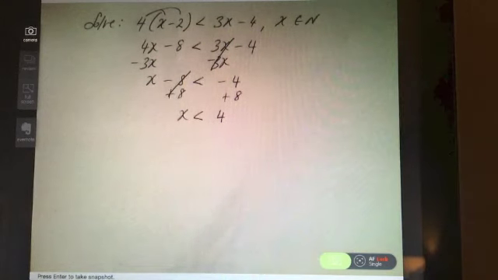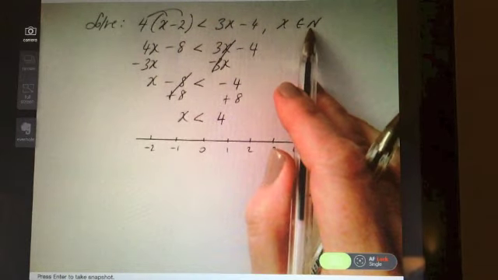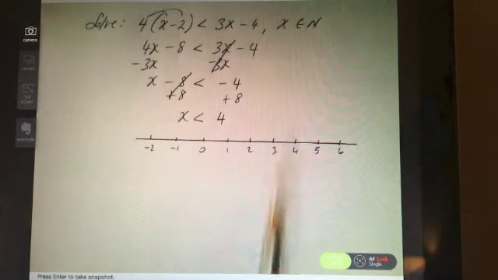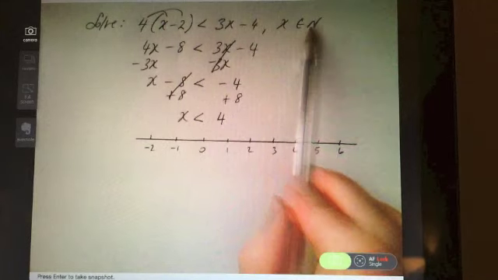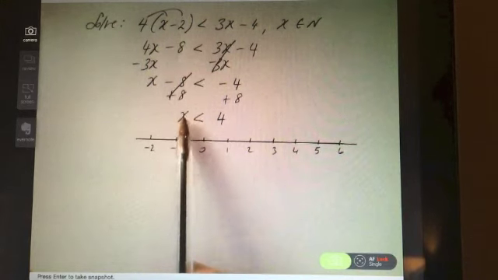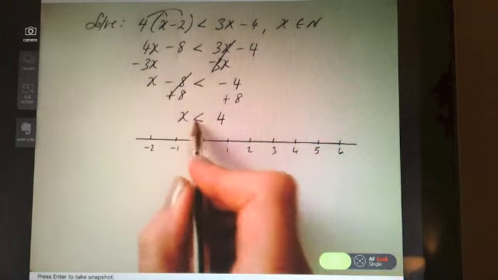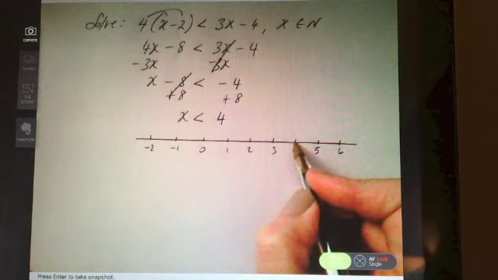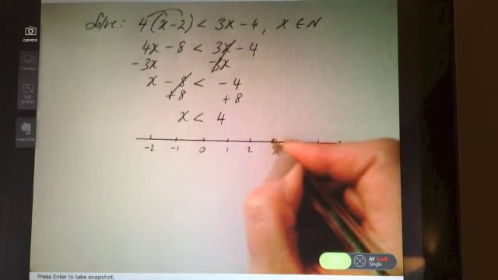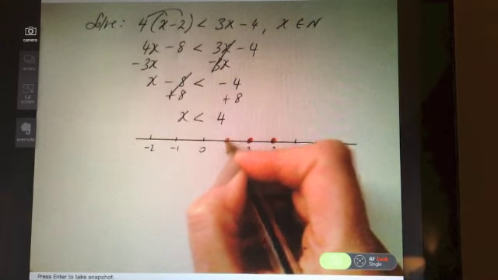Okay, so let's sketch this on the number line. So it's the natural numbers, which means I'm using dots, and the natural numbers are the positive whole numbers. So what positive whole numbers are less than, smaller than, the smaller side is to the x, smaller than 4. So the positive whole numbers that are smaller than 4, I can't include 4, I don't have the or equal to sign. So the next one smaller is 3, put a dot, 2, put a dot, 1, put a dot,